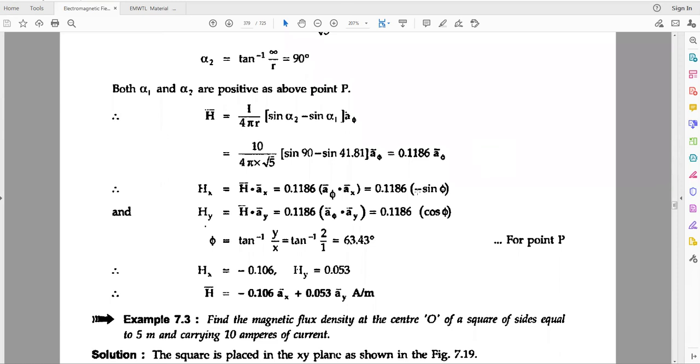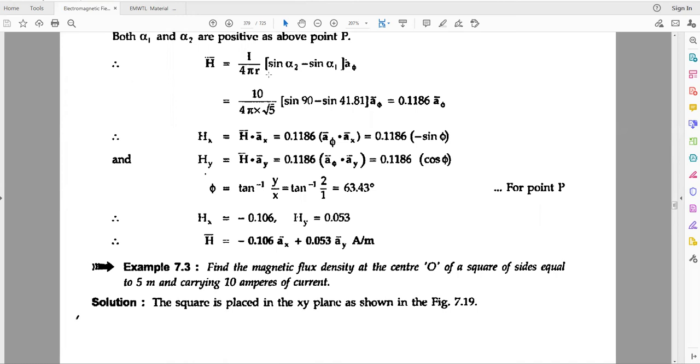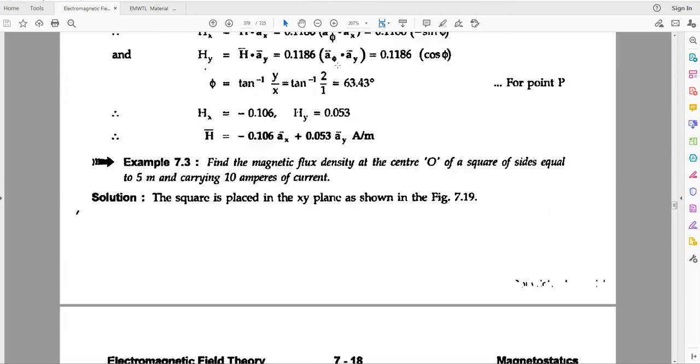Got it, my students? In 3 different cases we found the H bar, the magnetic field strength, for the given point 1, 2, 3, with different cases of Z: Z from minus infinite to infinite, then Z from 0 to 5 meters, and another case from 5 to the infinite. Okay. Coming to the next example,